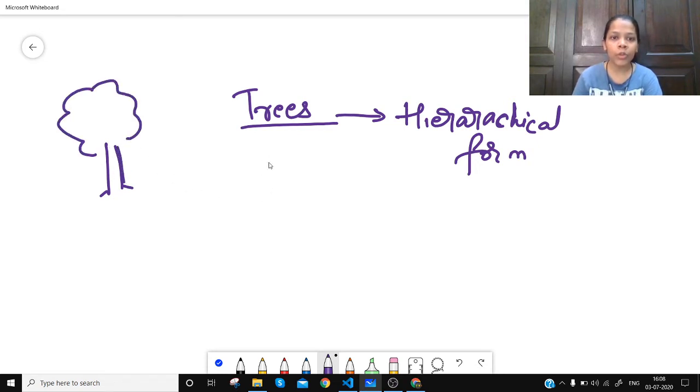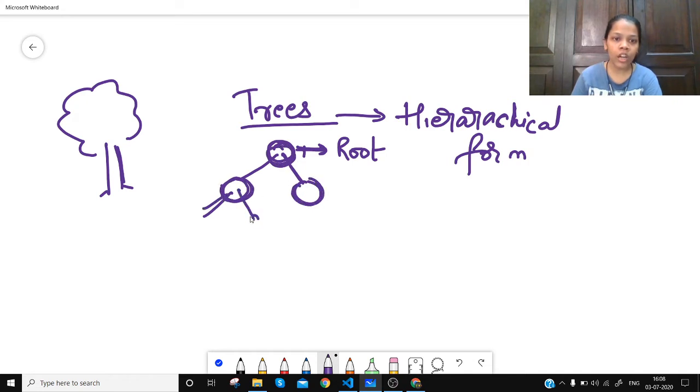But in computer science terminology, the tree has the root at the top. This node at the top is called the root node, and all the nodes below it are child nodes. This is the child node to this node, and this becomes the parent for the nodes that come just below it, and so on it continues.